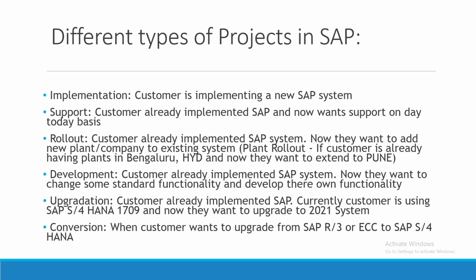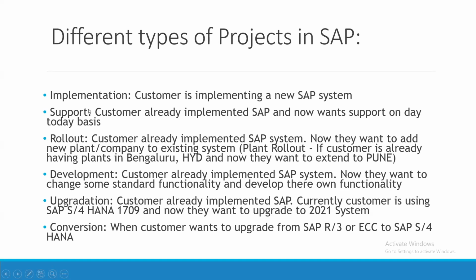Okay, let's go ahead. Now, the third type of project that we are approaching is the rollout project. Here, the customer has already implemented an SAP system. Implemented means what? Now you know the term implementation. Implementation is when the client has done the project newly. SAP is totally new to the company. So your client has already purchased the SAP server when they were doing the